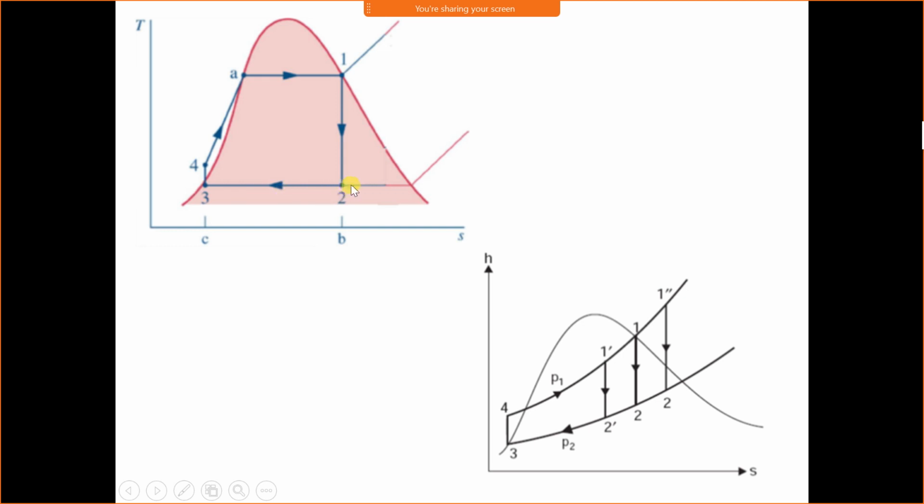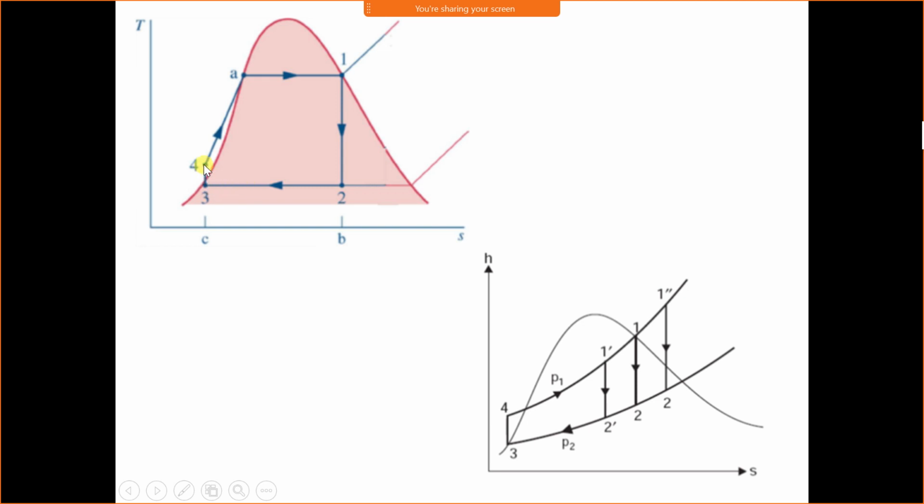Therefore, in the condenser only phase change takes place. Since the condenser is a heat exchanger, pressure remains constant, and phase change takes place at constant temperature. Therefore, it is a constant temperature, constant pressure condensation process.